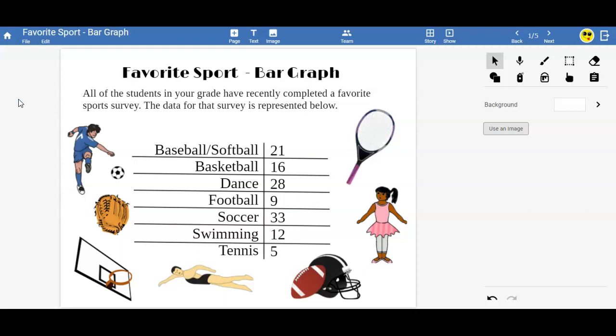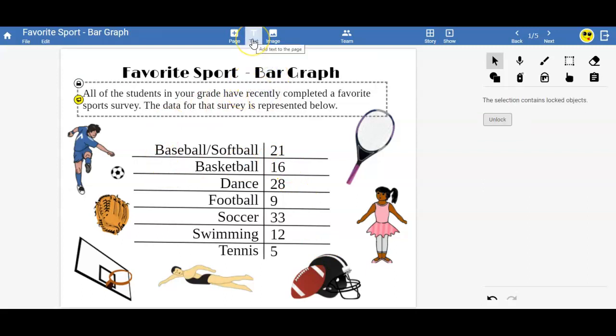I typically tend to use a variety of tools and features within Wixie. Some of them are quite common, and others are just tricks, ways I manipulate the tools to get exactly what I want. So, as a basic overview with page 1, these are simply text objects that I brought in,